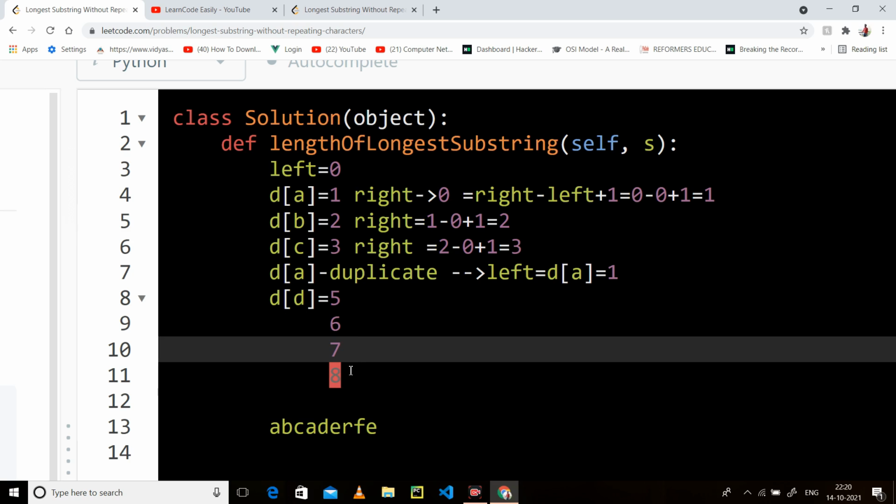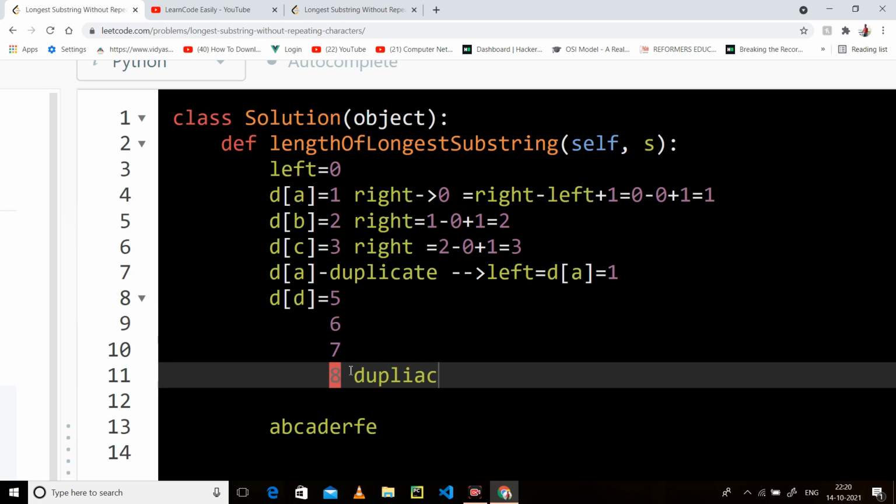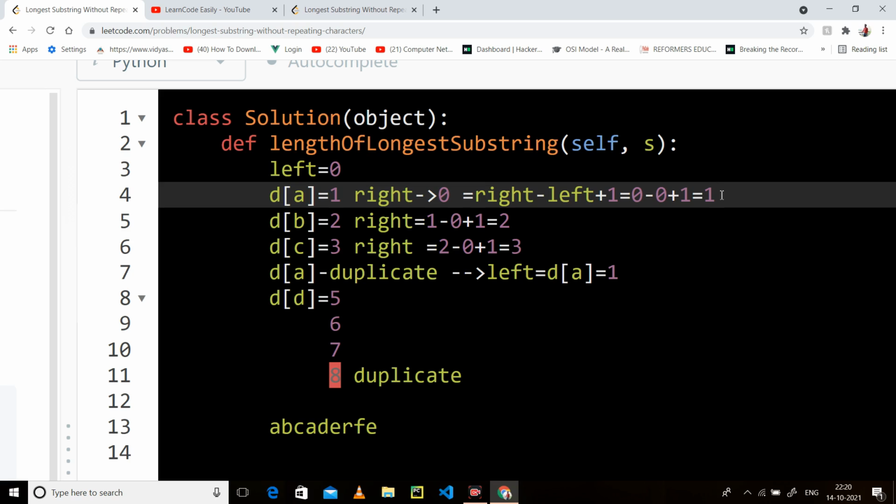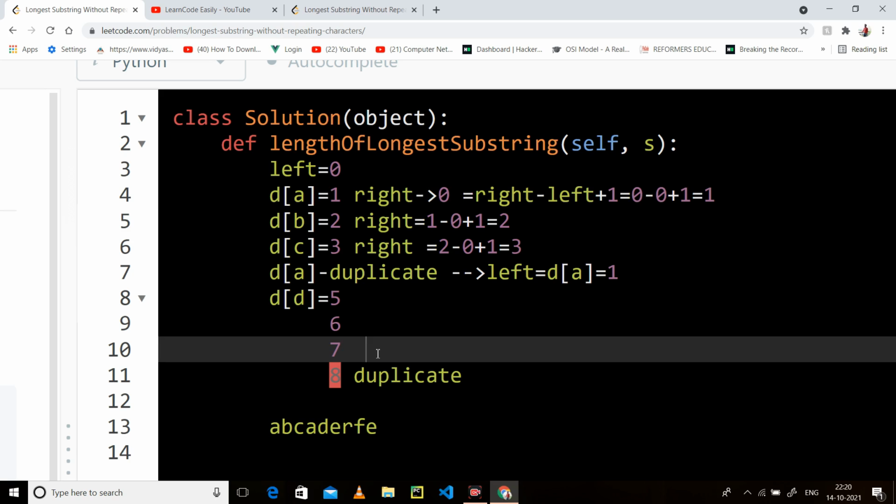So here you have found a duplicate. You also calculate this value at every step when you do not find any duplicate.